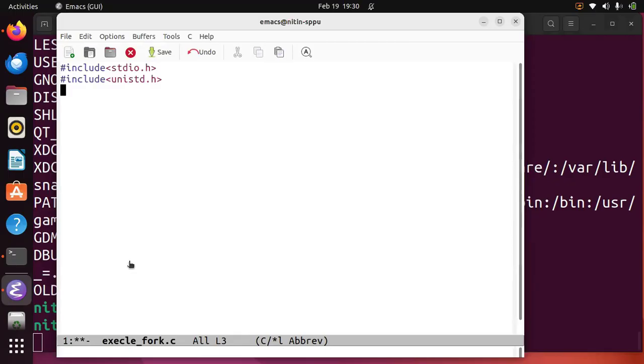Then, as we want to make use of the fork call, we'll include <sys/types.h>, correct? Then int main, let us declare a variable pid_t pid to hold the pid, and here for pid we will call the fork function, correct? Now let us say if pid is equal to 0,